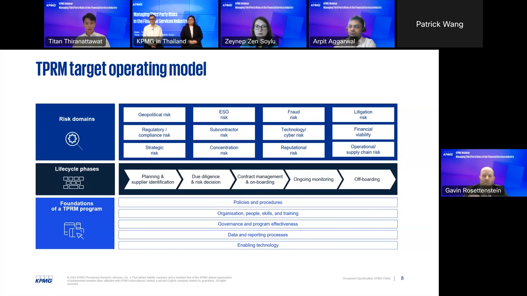That will work your way through in terms of the contract management, the onboarding stage, and again, through to the ongoing monitoring and offboarding. So it's really important to ensure that there are activities in place to be able to assess and reassess risks of relevance across the life cycle, and that you've identified the relevant controls and you've put controls in yourself to be able to manage and govern those risks through that process.